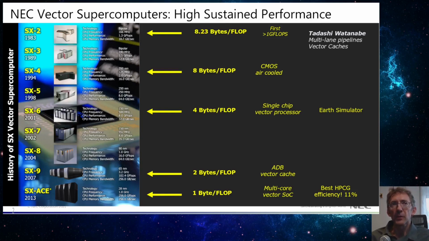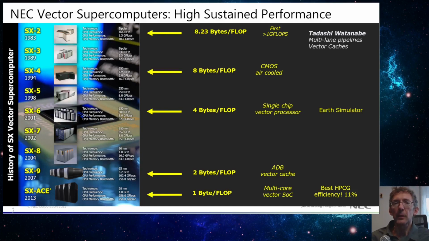The high sustained performance of these machines is reflected in their bytes per flop ratio. So we started with 8 bytes per flop. You see that number is shrinking over time. The reason for this is that silicon structures have been shrinking, and it was possible to add more and more compute units to the processors, but the memory bandwidth could not keep up with this development. Still 1 byte per flop, the last machine, the SX-Ace, released in 2013, had 1 byte per flop,